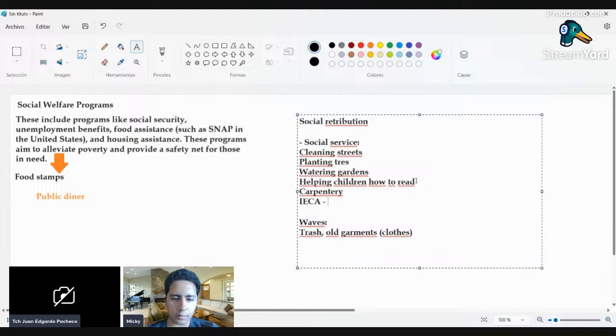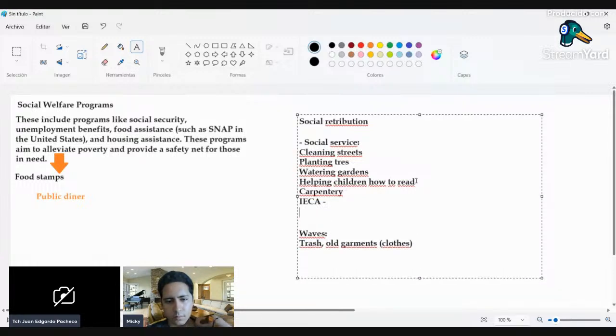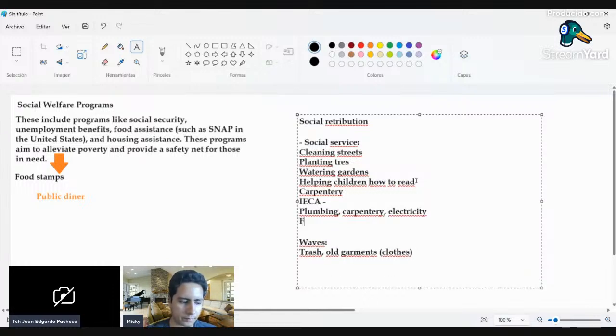Yeah, it is Instituto Estatal de Capacitación. I think they should learn how to do things and then they should teach the others. For example, they should take courses on plumbing, maybe carpentry, maybe some basics of electricity, and getting to work. Maybe finding a site